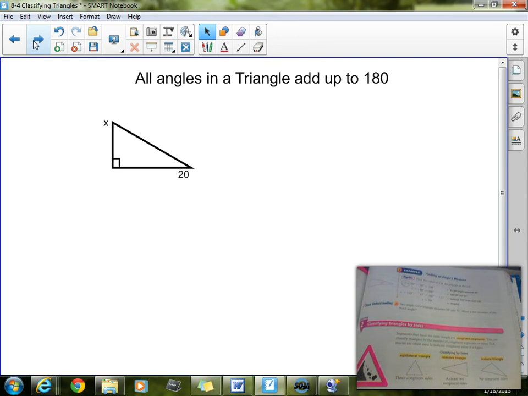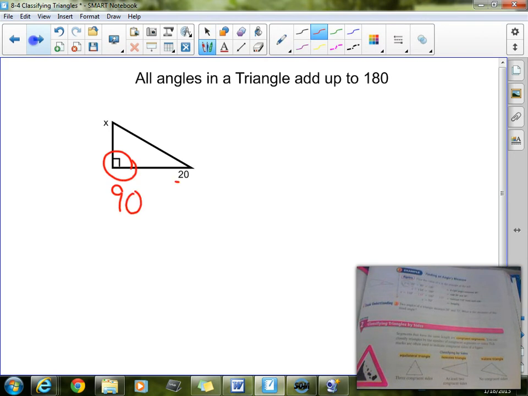So in this example right here, we see this is a right angle, so that means it's going to be 90 degrees. We see that's going to be 20 degrees, and we're looking for that measurement right there. So all we have to do is recognize this: x plus 90 plus 20 is going to equal